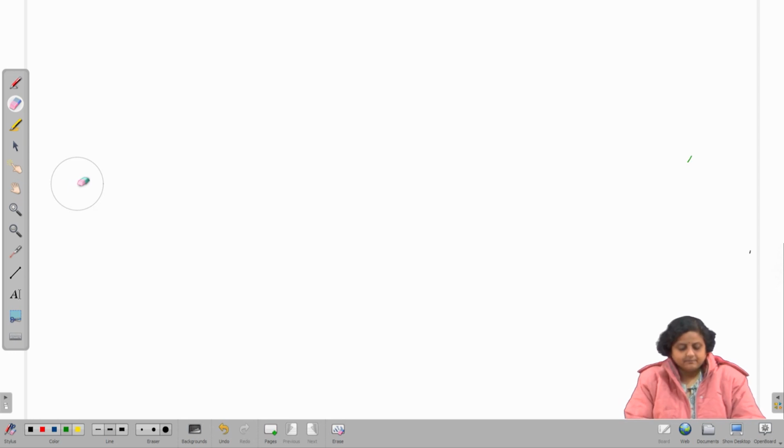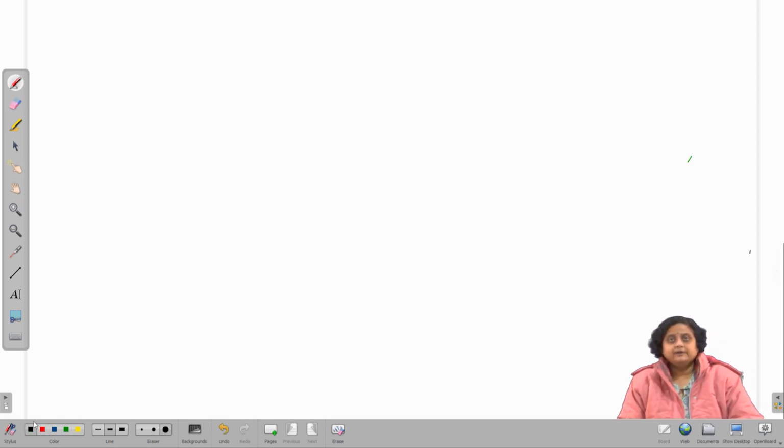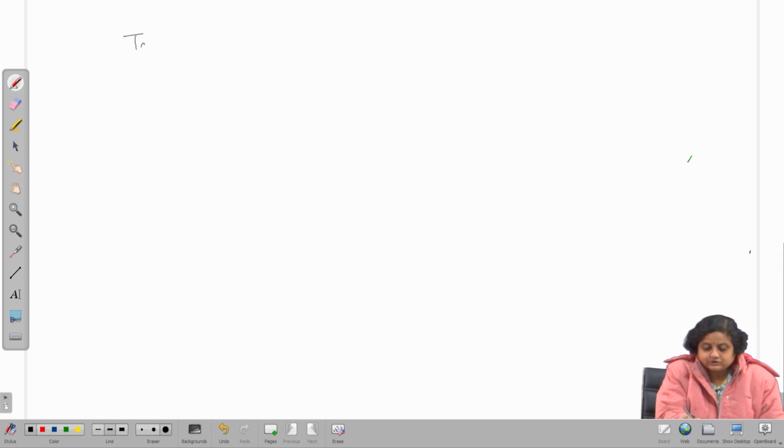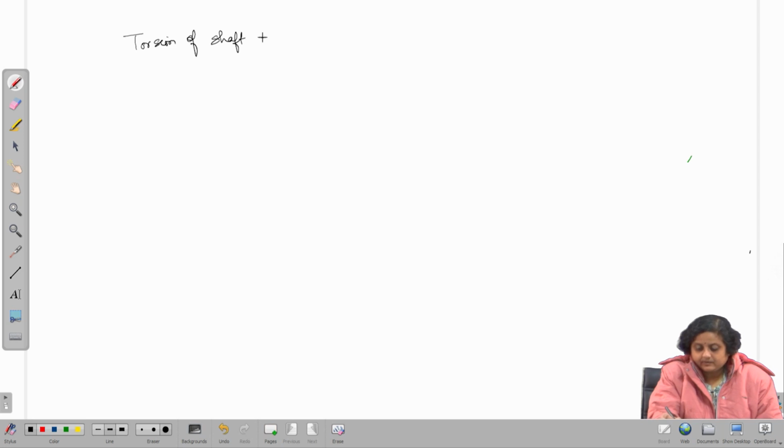But we will be solving the basic problem of torsion of circular shaft in the light of elasticity, so that it gives us a very simple introduction to the further, slightly more complex problem of aerospace structures. So, let us start with torsion of shaft with